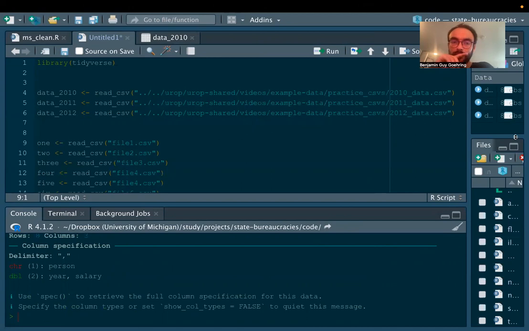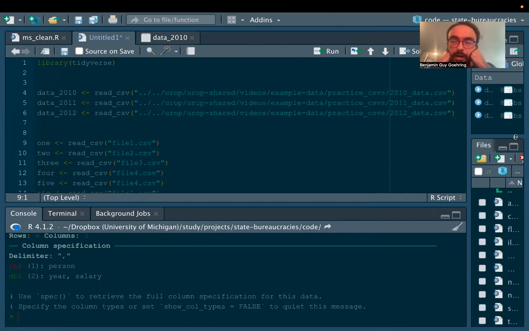And the key thing here to think about is there's something in here that's changing for each file, while the rest of it is staying the same. So the file name is changing, but the function we're using isn't changing at all. So what if we thought about, just like how we were thinking about with that 2 equals those elements of the vector,